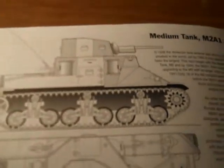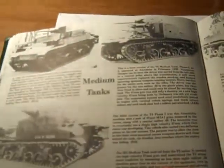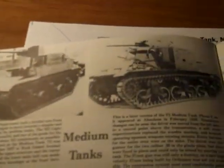So I don't know if I mentioned or not. She's about 18 feet long, so she's small. Here's some other images of M2A1. So Amy and I have actually met this piece,